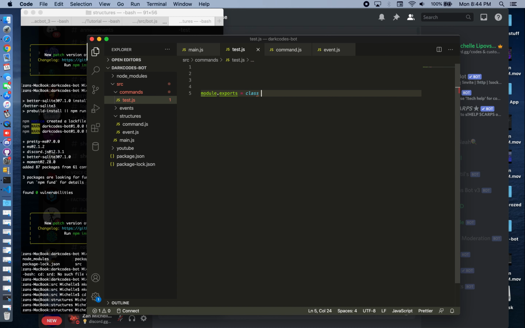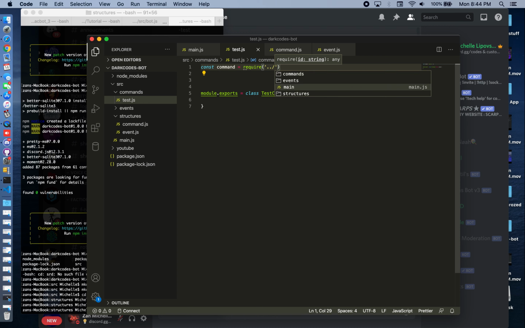So class test command extends command, const command equals require, commands, no, structures command. So this should be it, and then we should do